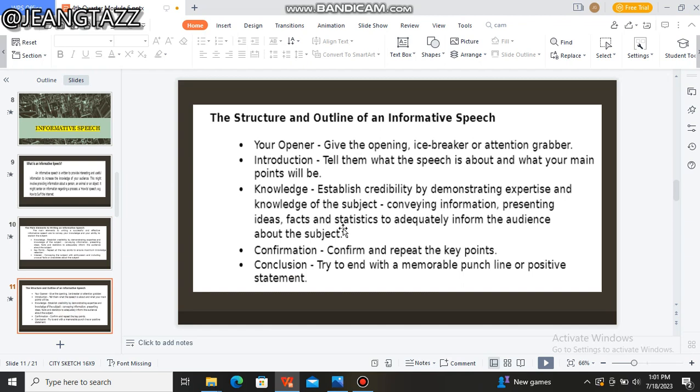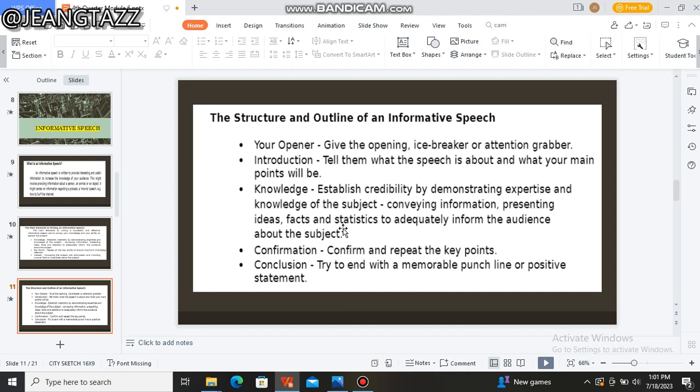Okay, so next we also have the structure and outline of an informative speech: the opener, the opening, the icebreaker. That is maybe a line or quote or just a phrase about your topic wherein you can catch the attention of your listeners. We also have the introduction, the first part of the speech wherein you're now starting to give information. The knowledge is the next one, and confirmation, you need to repeat what I've said, the key points, and